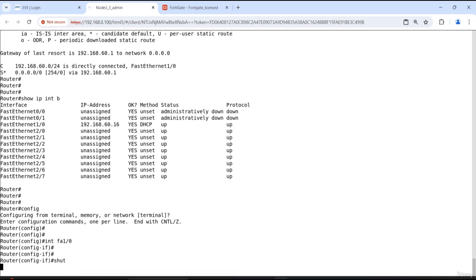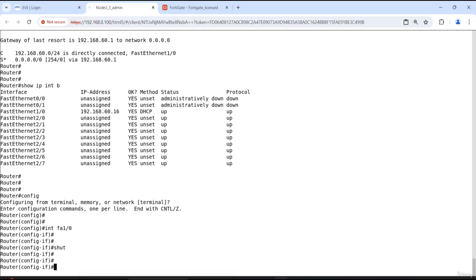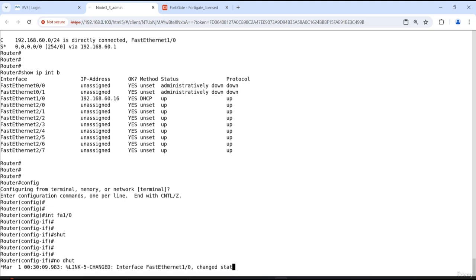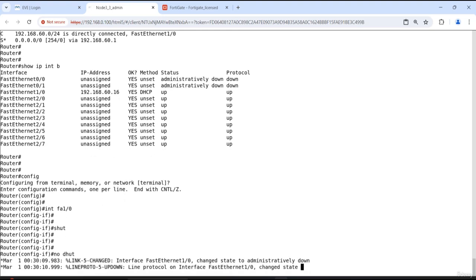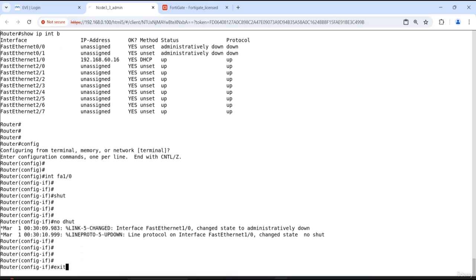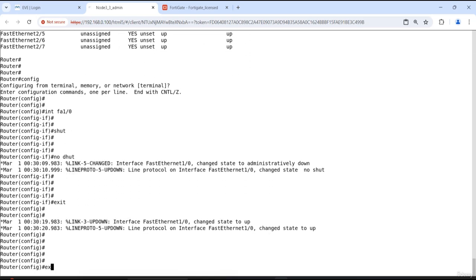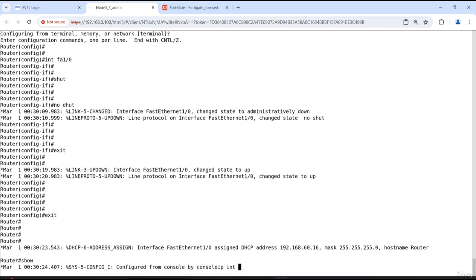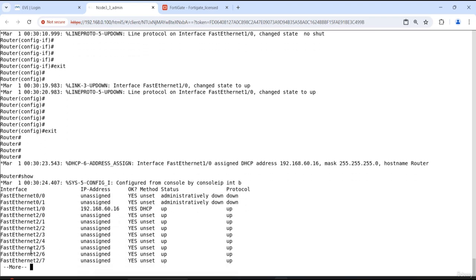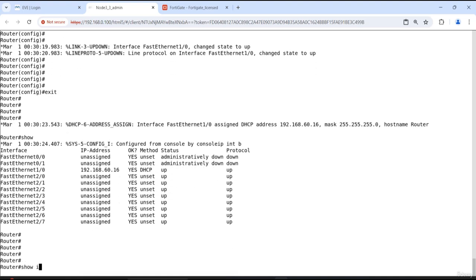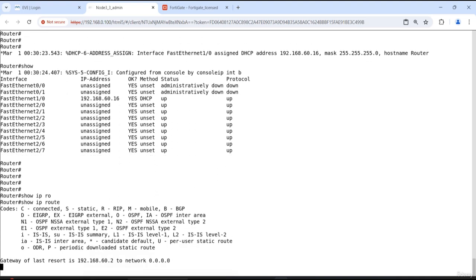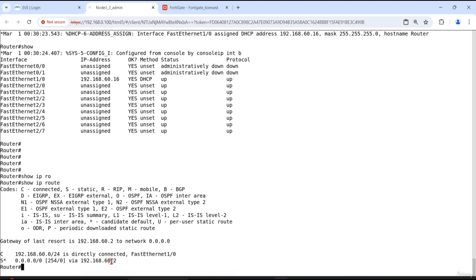It would take a few seconds. So again, no shut here. Oh, sorry. No shut. Exit. Exit. Show IP interface brief. And yeah, it got the same IP address. And this time, if I check the route, it should point towards 2. All right, yes, it points towards